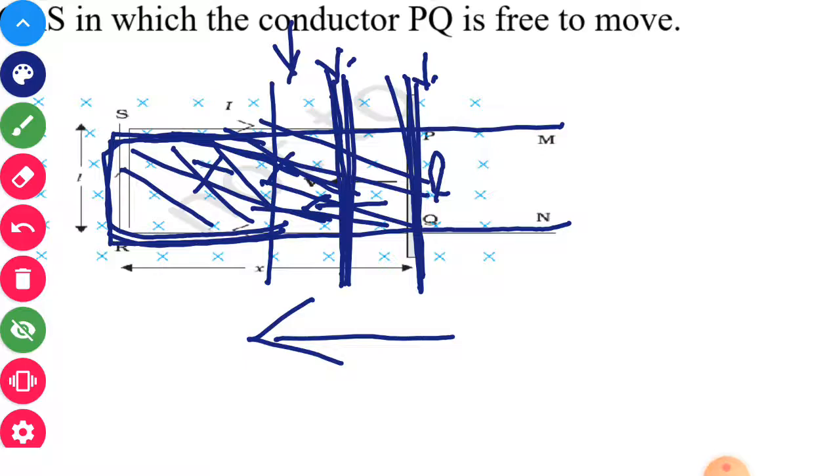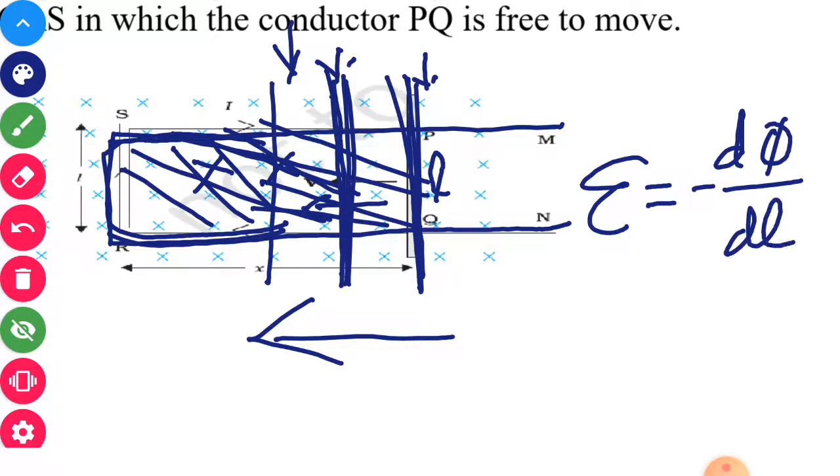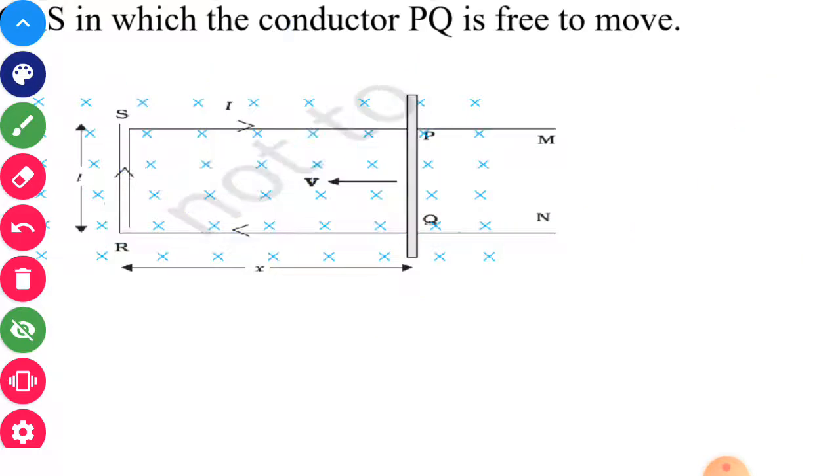So as you know, epsilon, that is the electromotive force, is minus d phi by dt. So the flux changes and therefore electromotive force will be produced, and that will induce the electric current, and the induced current will flow through this conducting arm, and that current is, say, I. This is the basic thing that is happening here in this particular discussion.